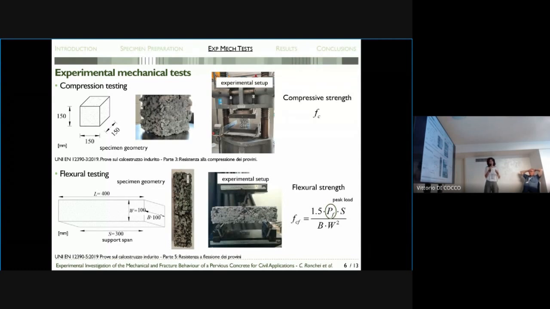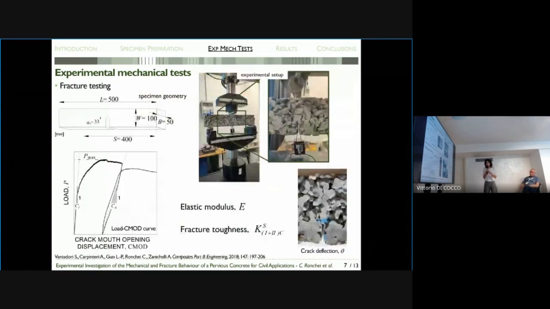The flexural strength is then computed as a function of the peak load and the specimen sizes according to the present equation. Elastic modulus and fracture toughness are finally investigated by performing 3-point bending tests on edge-notched specimens according